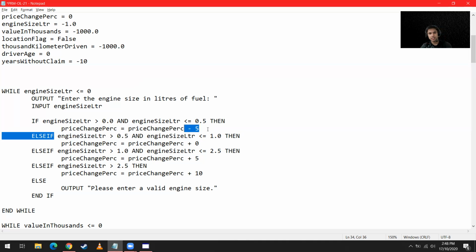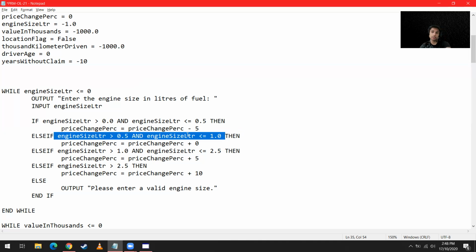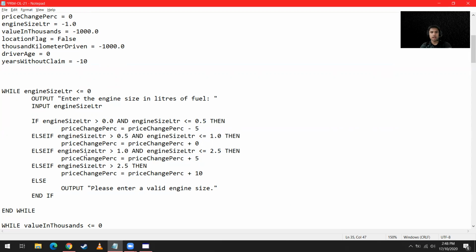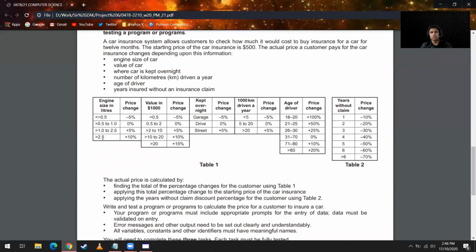And again, if this condition turns out to be true, then we update the price change accordingly, which is here 0%. So that's done. And again, if that doesn't work either, then it will check the next range and update accordingly. And if that's not the case, then the last range is greater than 2.5. So anything above